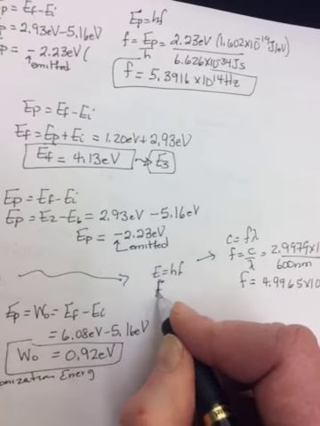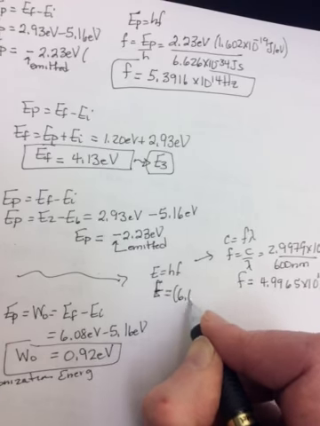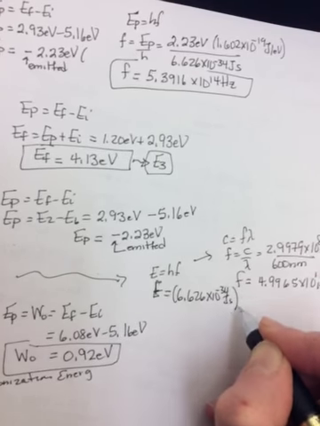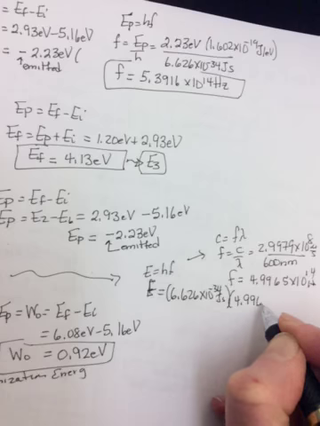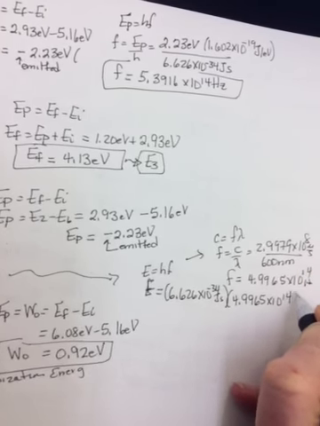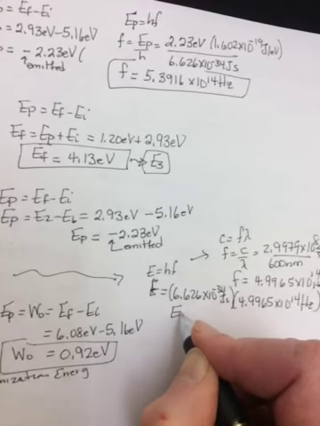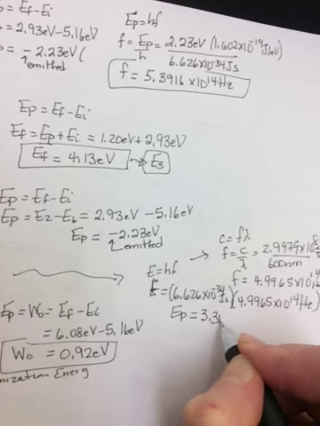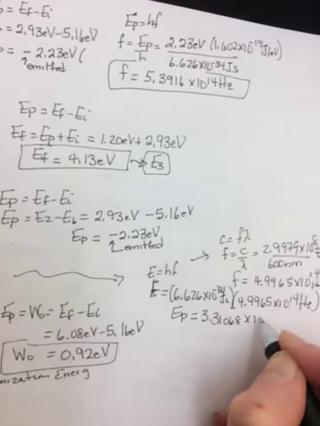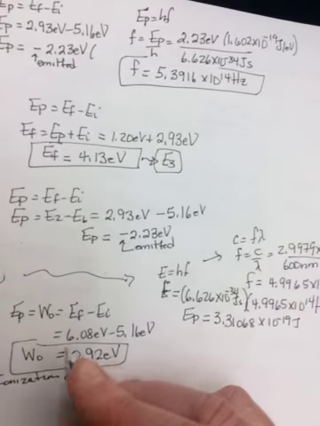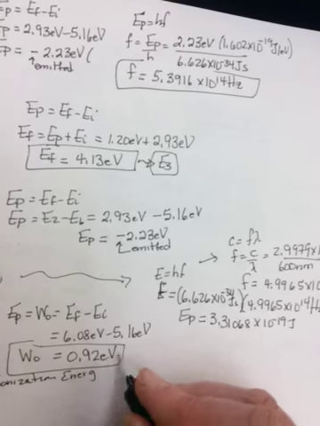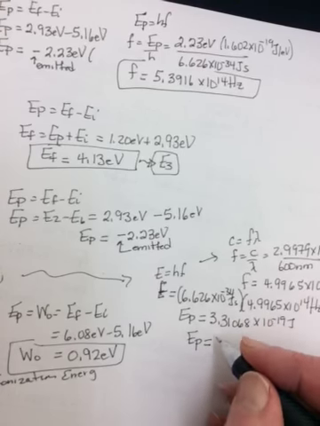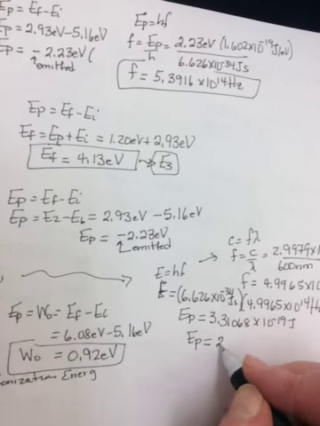Now you can find E with that. So E is equal to HF, so 6.626 times 10 to the negative 34 joule seconds times this 4.9965 times 10 to the 14th hertz. And you get an EP to be 3.31068 times 10 to the negative 19 joules. Of course, if we're going to do anything with it and the 0.92 electron volts, we need to change it to electron volts. So divide by 1.602 times 10 to the negative 19, and when you do, you get